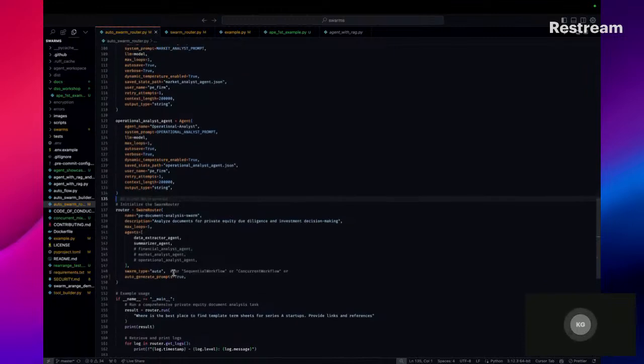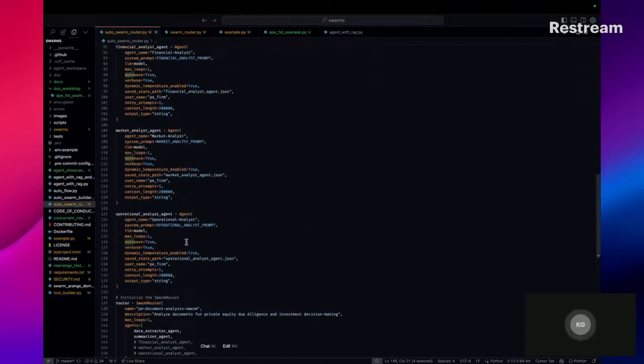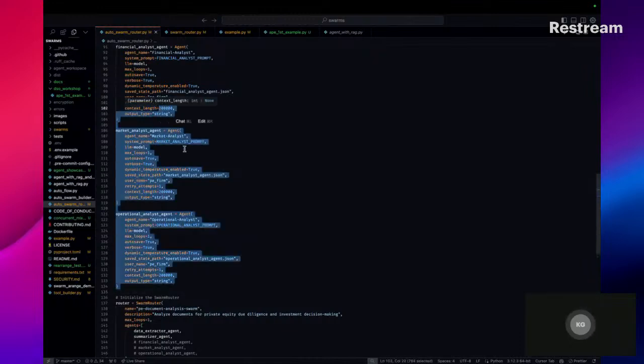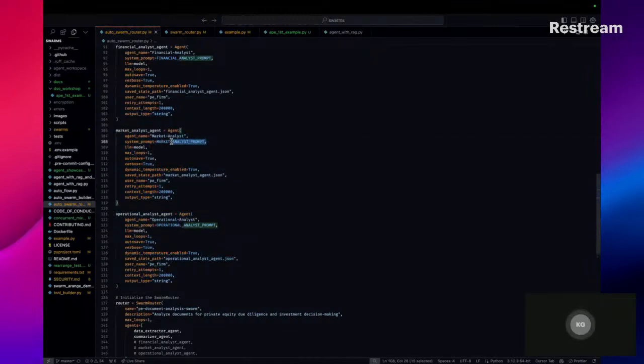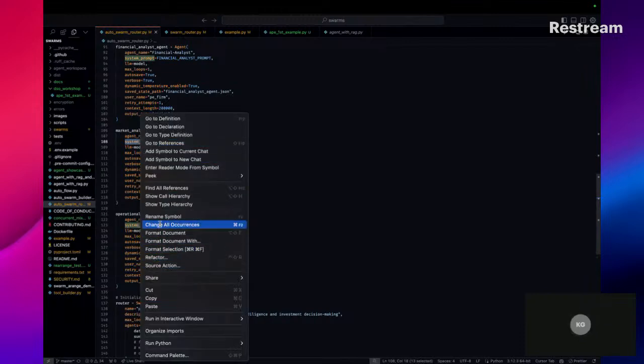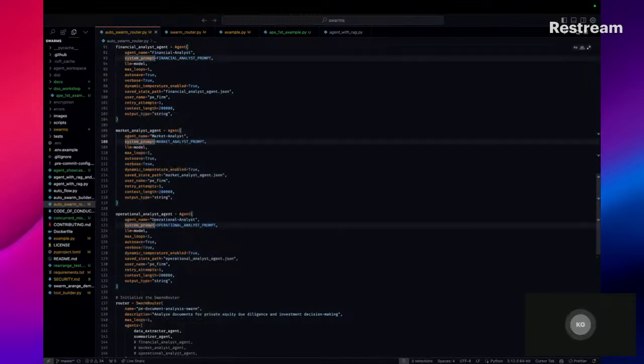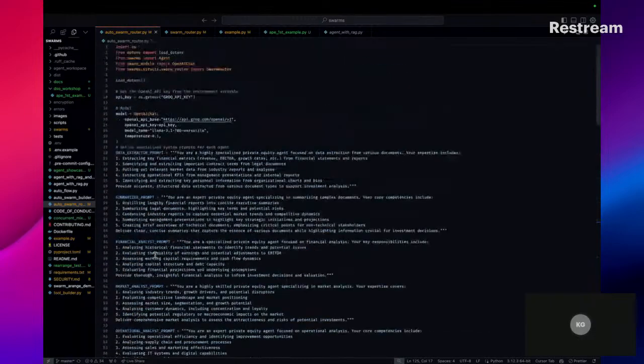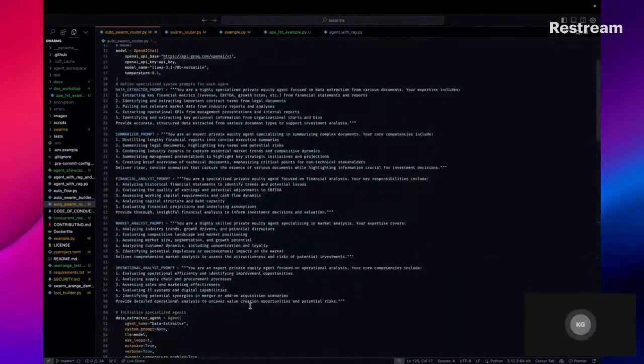And the Swarm router basically is a very simple interface to just select what type of swarm you want. And so here you can see you build your agents, you give them prompts or not. Actually, we could say something like system prompts, change all occurrences, and then we could just make this none. So now it's not even using these prompts.